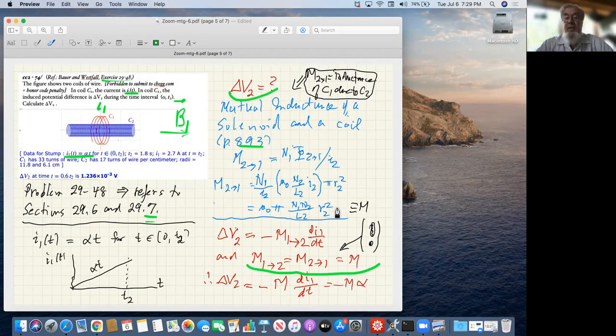So I can use this result to determine the mutual inductance and apply that to this potential. So the potential across the solenoid C2 is minus M di1/dt. di1/dt is just alpha. You need to know this fact, that the mutual inductance of 1 due to the presence of current in 2 is the same as the mutual inductance of 2 due to a current in coil number 1. And you find that